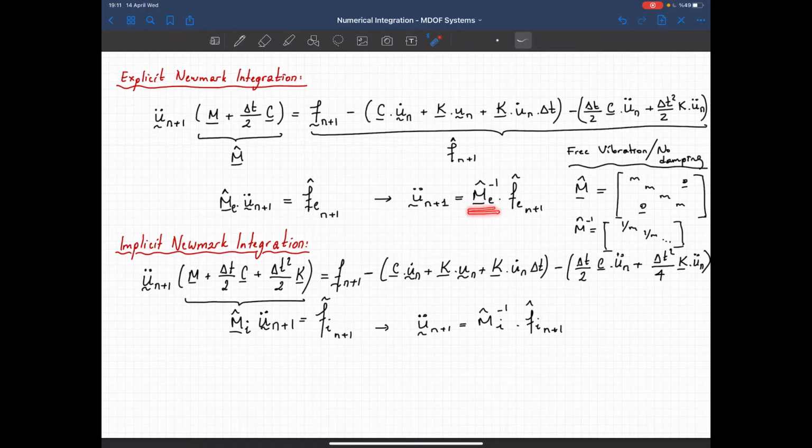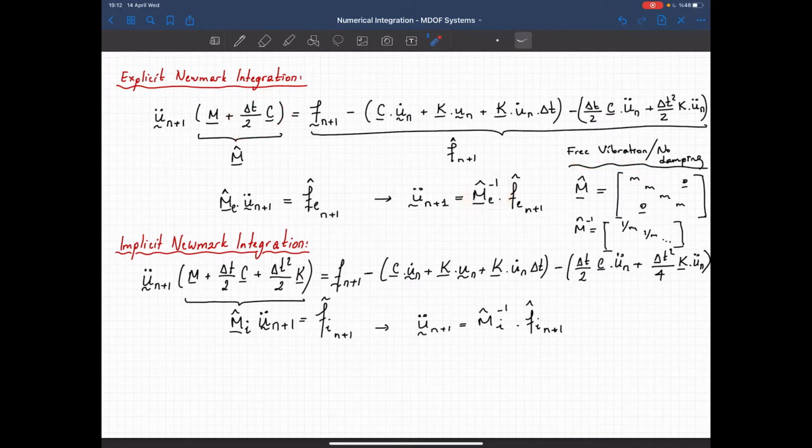The factorizations are in the order of n cube. So you have either a full factorization, or you have a bandwidth. You can just say that n times b squared, where b is the width of the bandwidth. So the factorization or the inversion is computationally much more expensive than matrix vector multiplications. So when we have a free vibration case, if you don't have a damping matrix, then this is very easy,